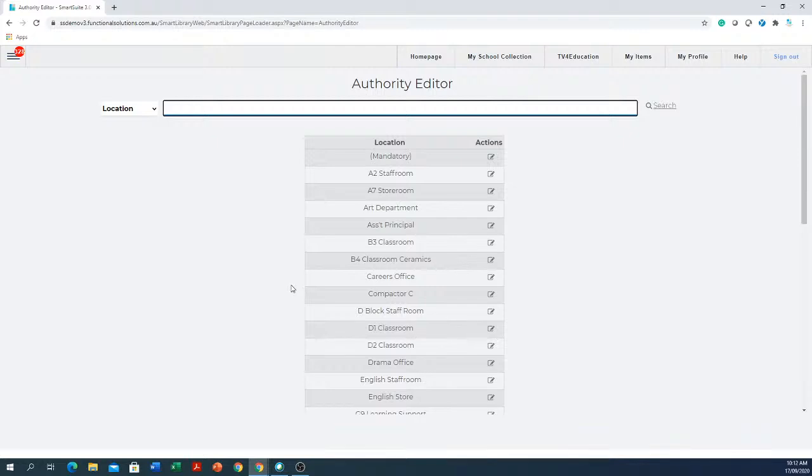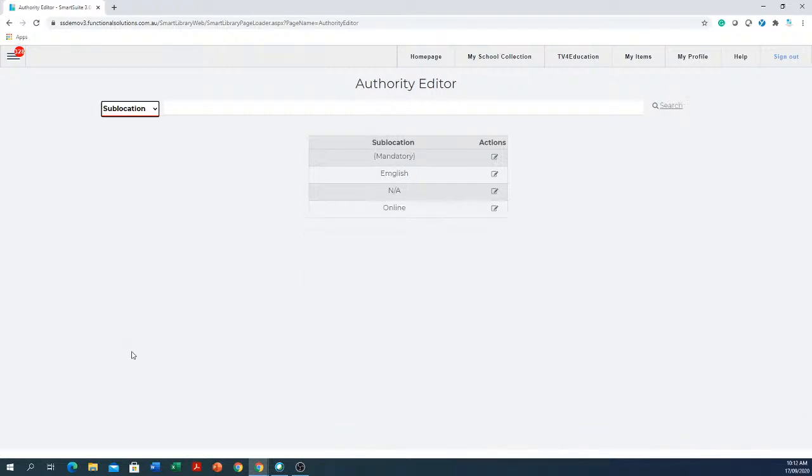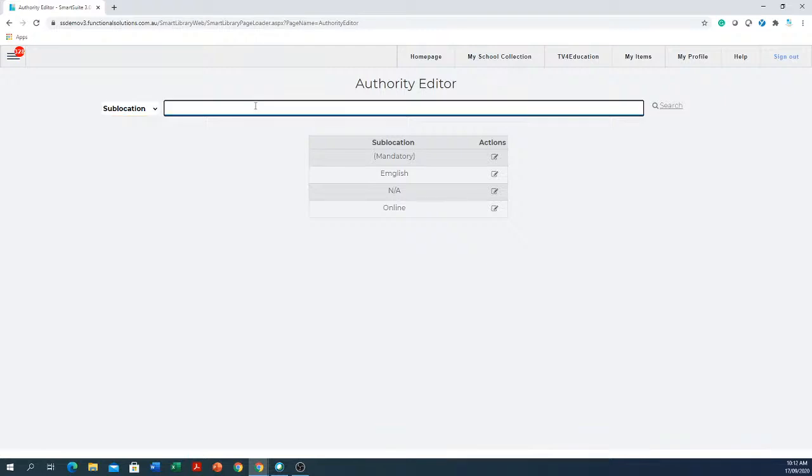But you can add it on the fly, okay? Now, the next thing that you need to do is sublocation. Click in here and you go down to sublocation. And that's exactly the same. You can go in and put in a sublocation in here as well if you wanted to. Okay, so sublocation is lib back room, okay, and